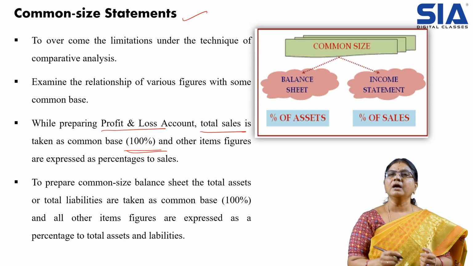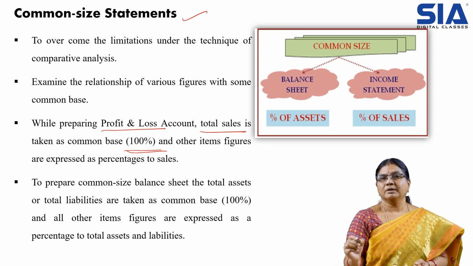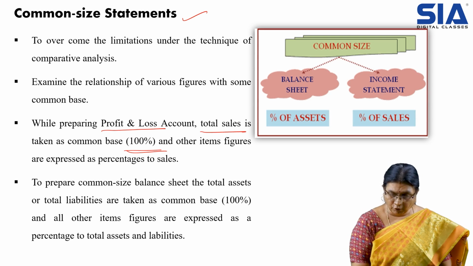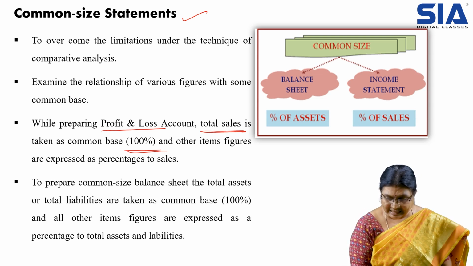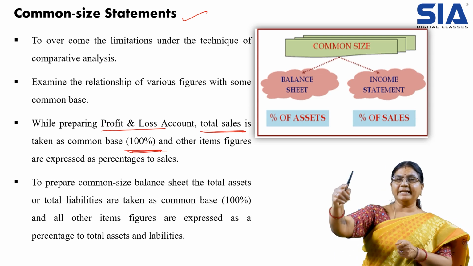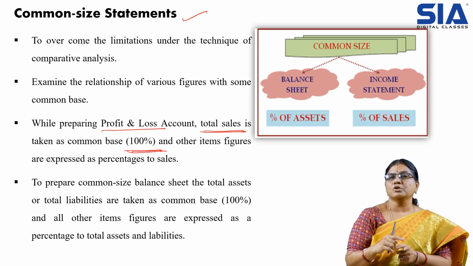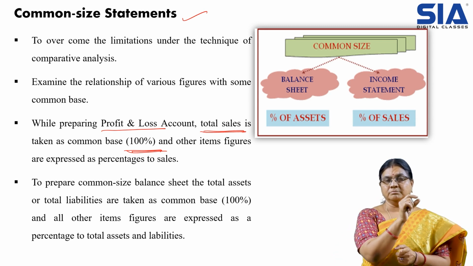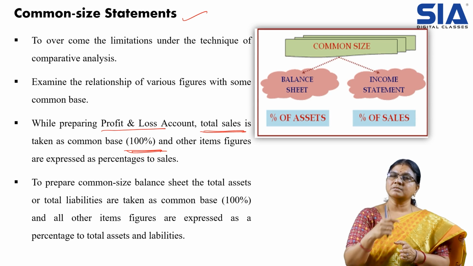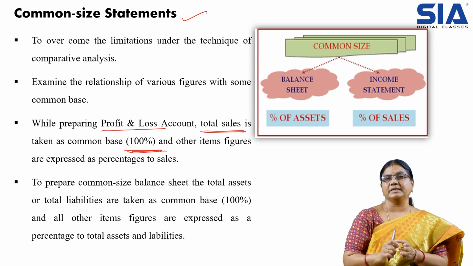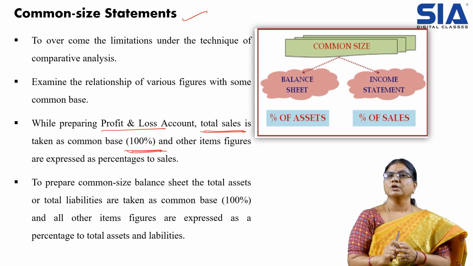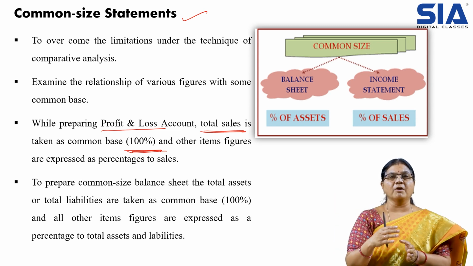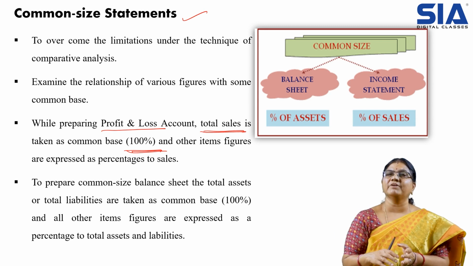Okay, when we are making the common size profit and loss account comparative statement, that is comparing with the help of common size, what we do is treat the total sales as 100% and try to relate each component to the 100%. So sales with profit, sales with expenses, selling and distribution, operating expenses, profit: what is the percentage of each? We try to understand in the form of percentages, which makes it easy to understand.